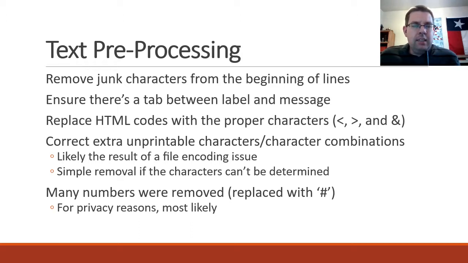And then also just as a note, a lot of the numbers were removed and replaced with less than sign, pound, greater than sign. I went ahead and left this alone. Those numbers were probably taken out for privacy reasons, the phone numbers and things like that. And I went ahead and left them as is. It's possible that having the real numbers could make the accuracy a little bit better with these methods, but that's not something I can determine, and something that could use testing in a real environment to see if that specificity is useful or not.